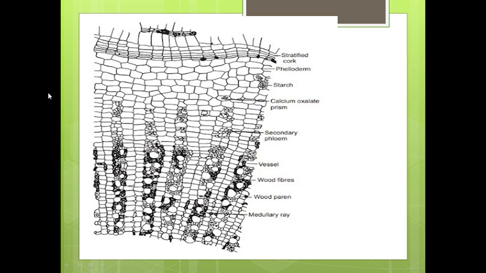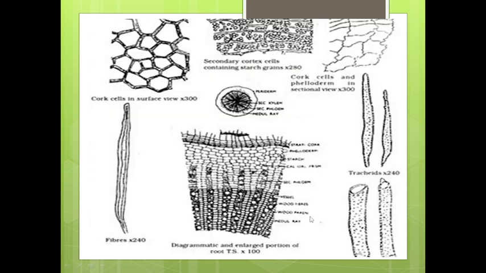When we compare this section of Rauwolfia serpentina with other species of Rauwolfia, the vessels are smaller in Rauwolfia serpentina, but other species contain vessels of larger size. The starch grains are present in large number in the wood portion. You can see here the starch grains present in large number, while those in the cork portion are fewer. So this is about the transverse section.